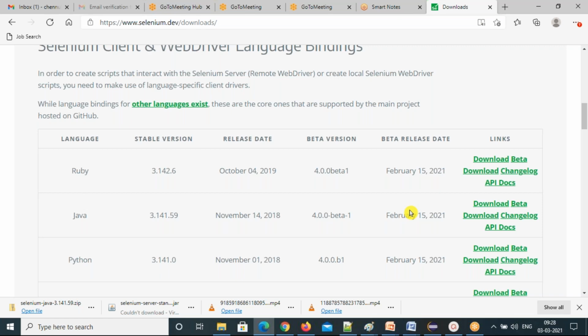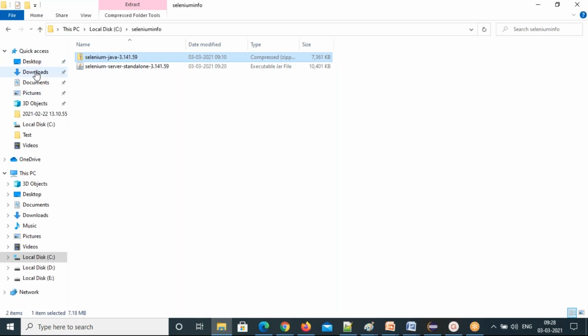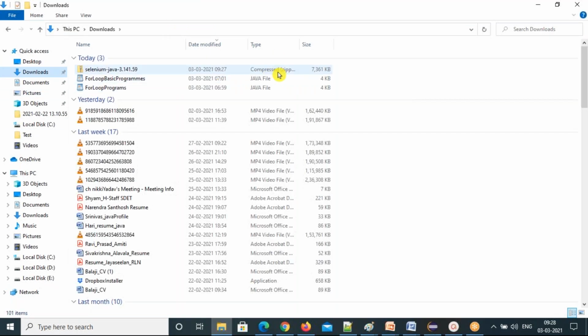So the zip is there, right? You can see here the zip icon is there. You can see that. And also the file type will be zip type. You go and see that the file type is a compressed zip. You can see that compressed folder. It will be the file type. Based on the file type, you can tell what type of file it is.